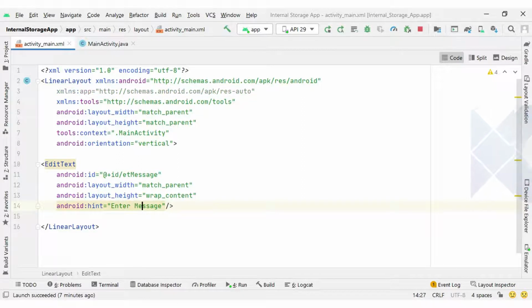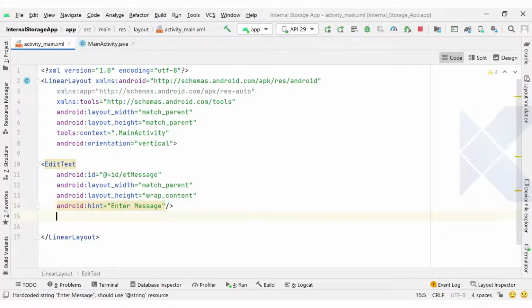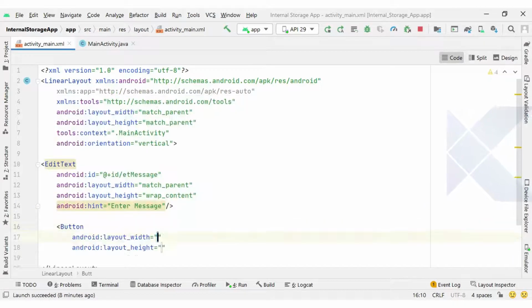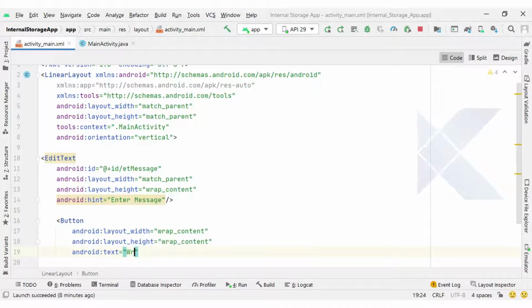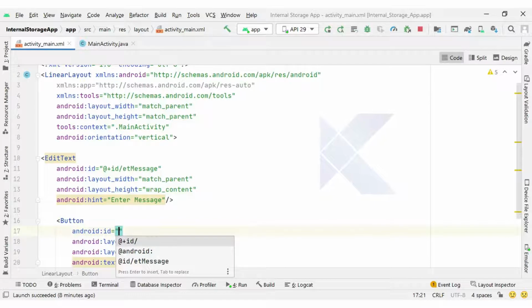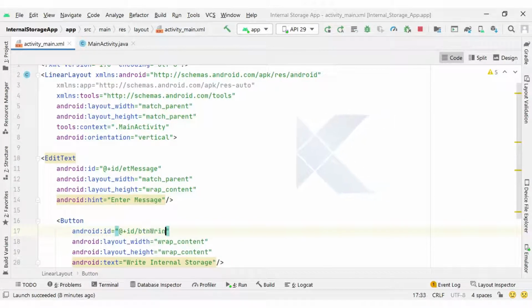Okay, so we have the EditText here, and next I am going to create one button with the text property write internal storage, and the ID of this button I have set to button write.